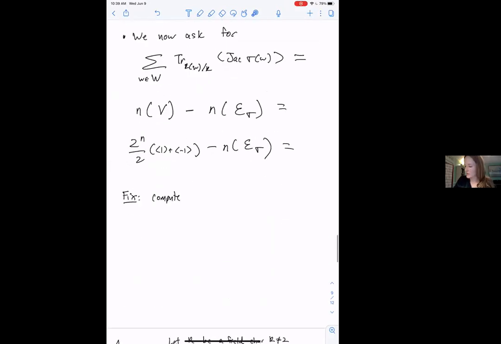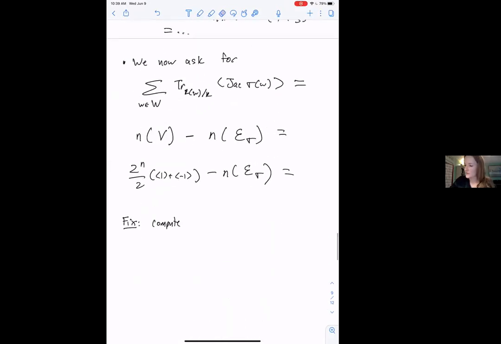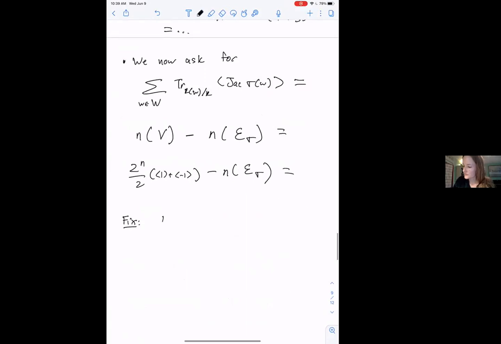So the Euler number is computed by a pairing, a coherent duality pairing,